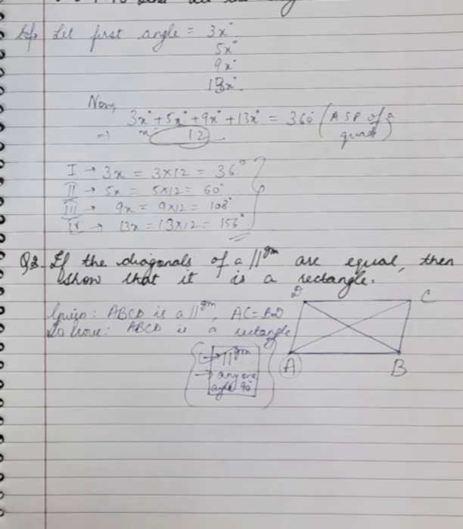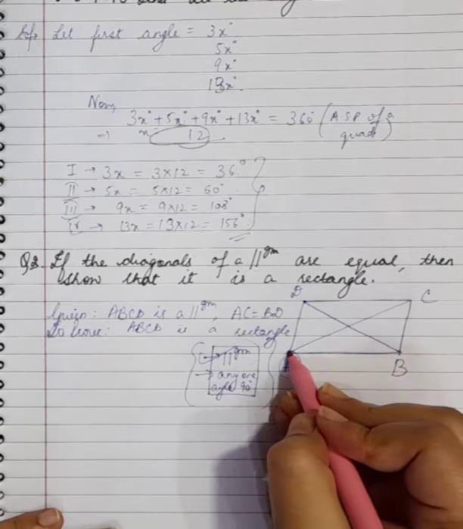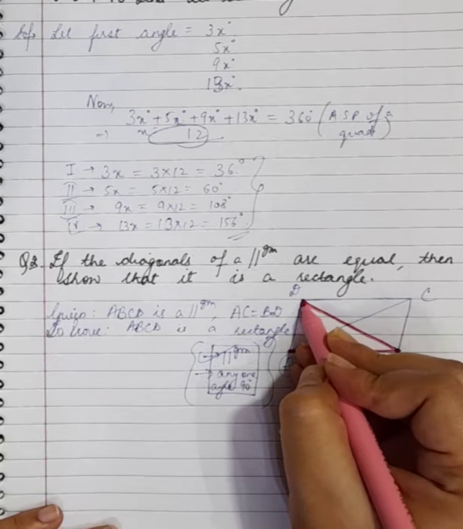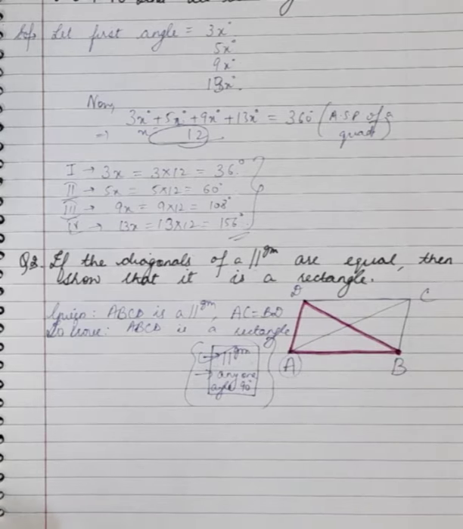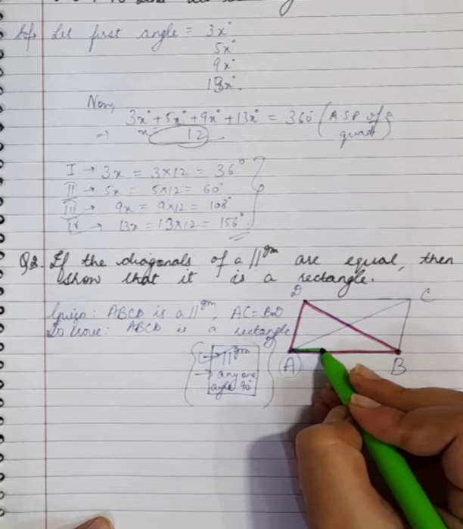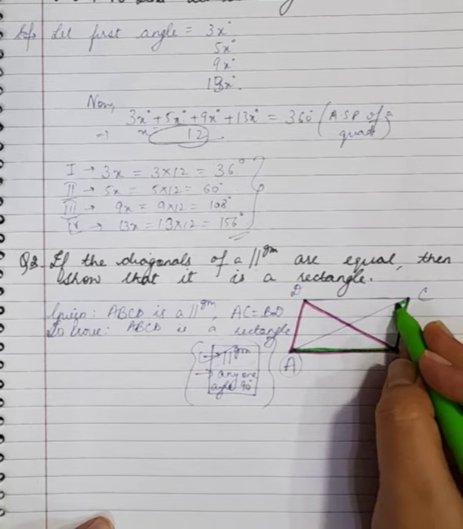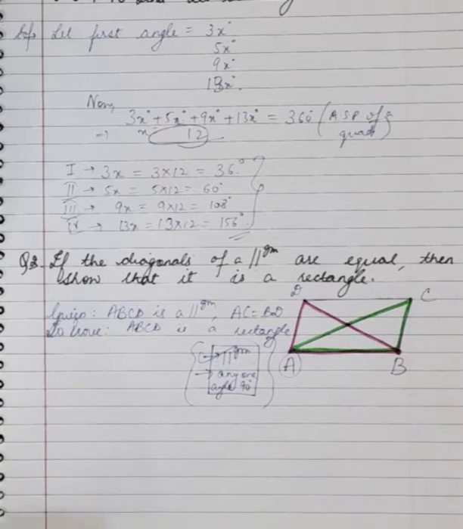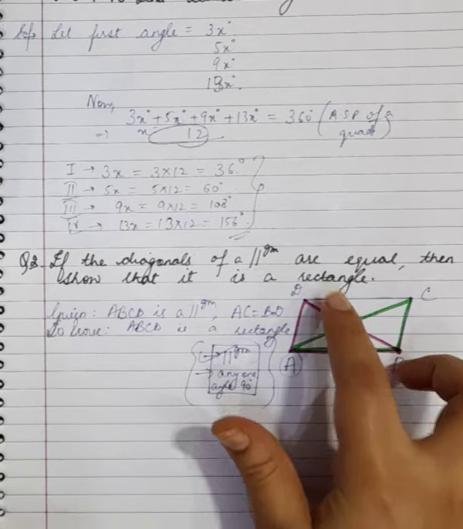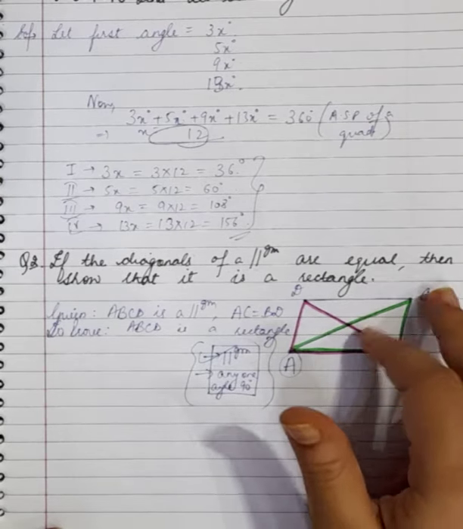Let us say we have to prove angle A as 90. Now for this also I have told you which triangles you are supposed to take and prove them congruent. Now we'll be taking triangle ABD and triangle ABC. Okay, you can take any two triangles, of course the triangles which are comprising of the two diagonals and the